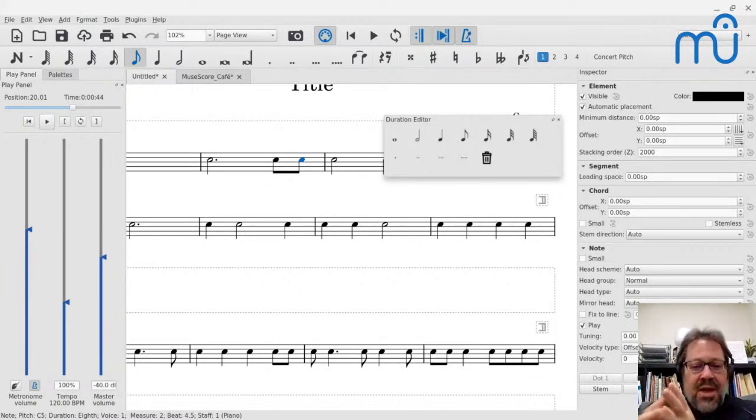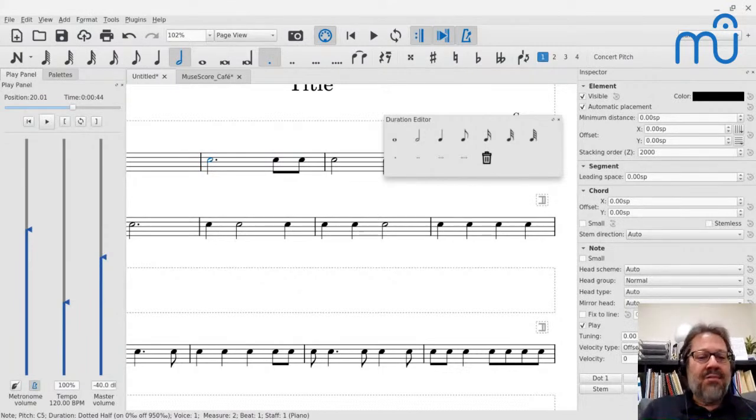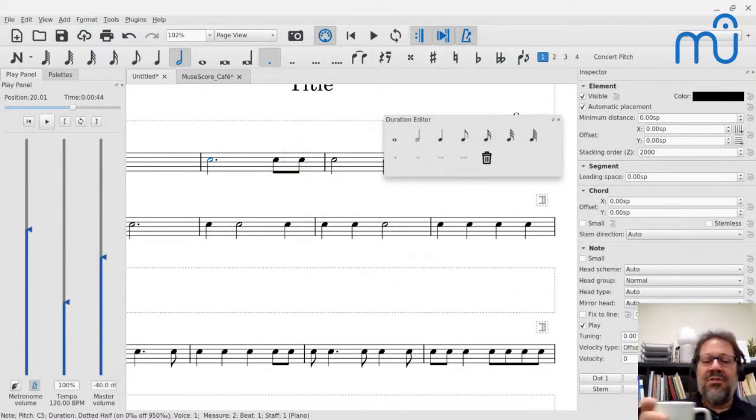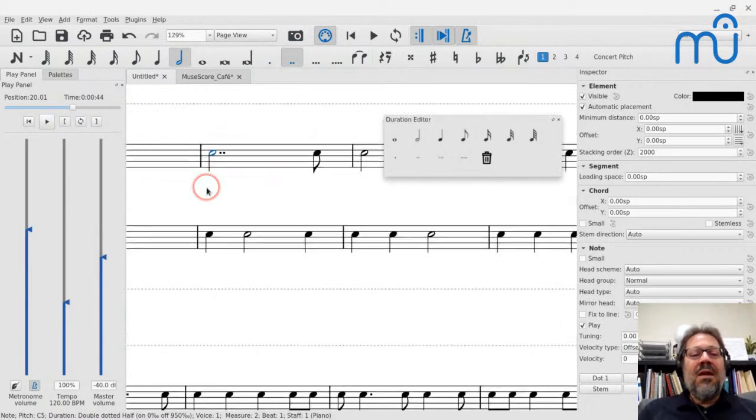And so the real rule is more complex and more subtle than that. The real rule would say something like, because the patterns say it's okay to put a dotted half note on one, it's okay to put a dotted half note on one, even if there's eighth notes or 16th notes somewhere else. So there's more to the rule than the somewhat simplistic way I described it. But a dotted half note can be on beat one. So the question is, can you put a double dotted half note there? Whoops, double dotted half note here. So double dotted half notes